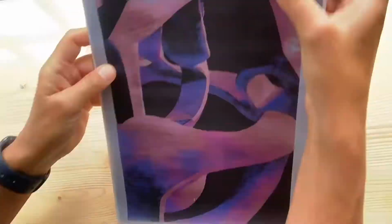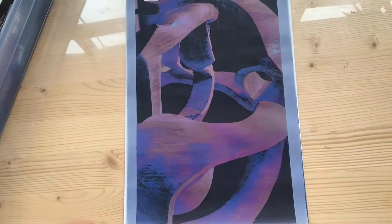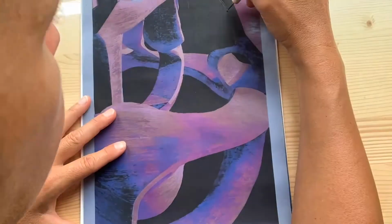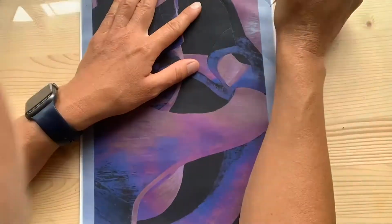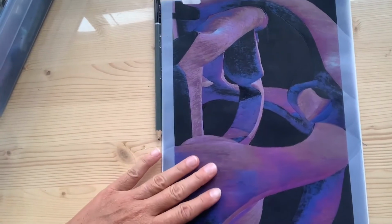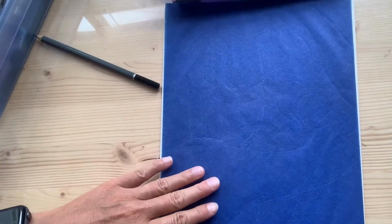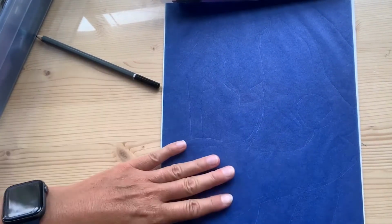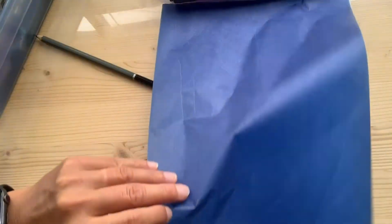So here we go. I'm securing my print on transparent piece of paper with a bit of carbon paper underneath, and I'm sort of drawing out my design. The first plate I'm doing is going to be the darkest plate, the sepia plate. So I'm just checking my design to see if all the lines have been included,